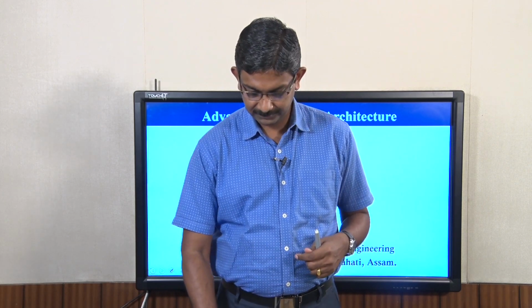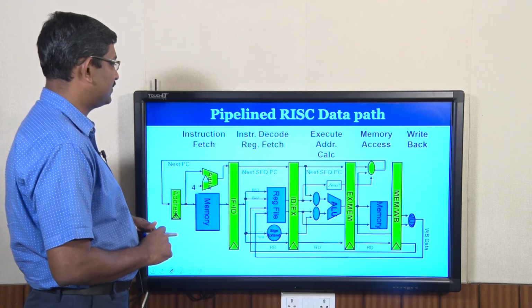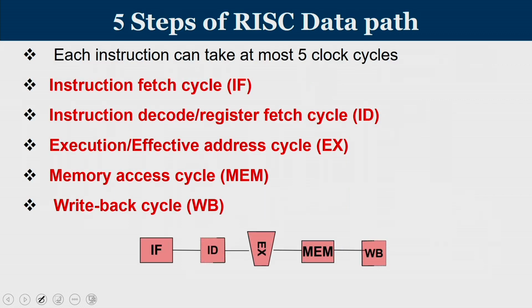being resolved. So, this is the 5-stage RISC data path that we have seen, consisting of instruction fetch, instruction decode, execute, memory access and write back. And we have seen the functionalities that are associated with this. As far as instruction fetch is concerned, we work on the program counter value, and based on the PC we go to memory and fetch the addressed word.